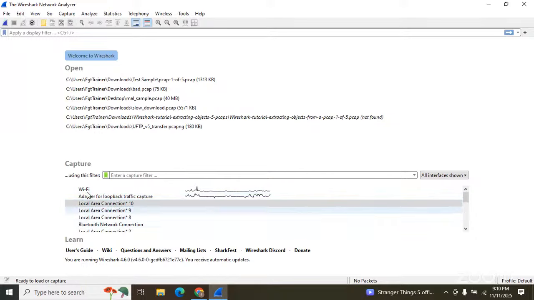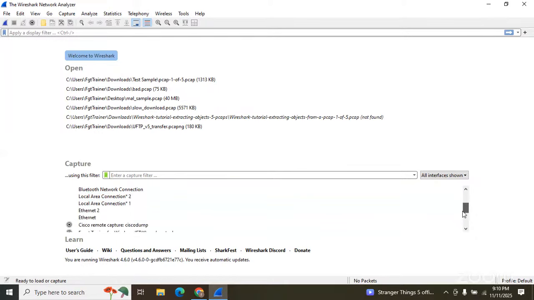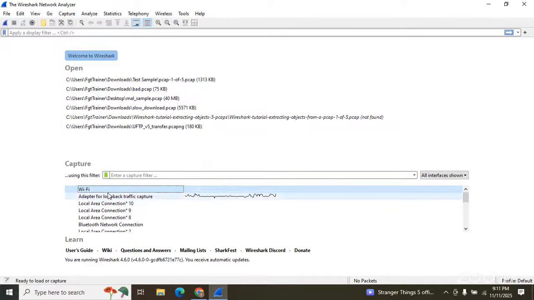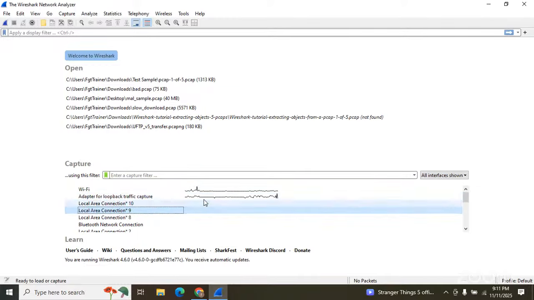So these are the interfaces that Wireshark has identified on my machine. It is showing you on which interface there is traffic. You can see these graphs, showing where the traffic is coming from. One is the loopback interface. Like I said, this traffic is for the intercommunication of applications happening within your machine, not outside. Something which will be sent through your hardware, that is your LAN ports or Wi-Fi port,